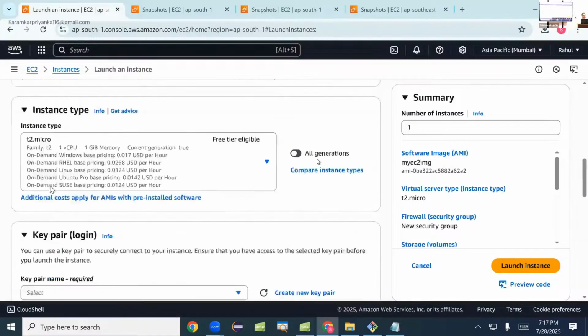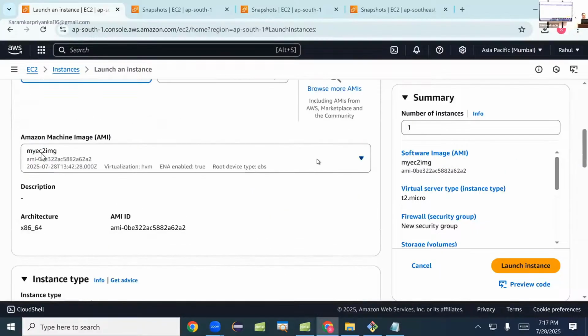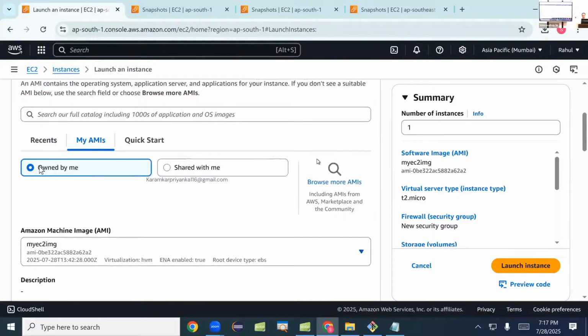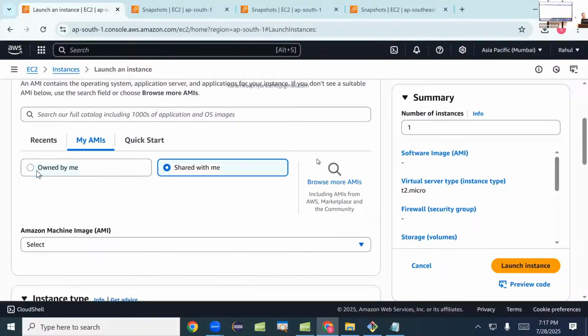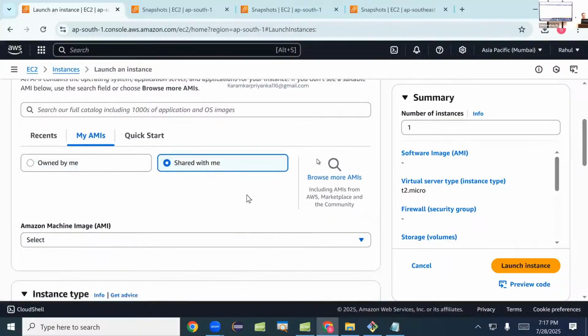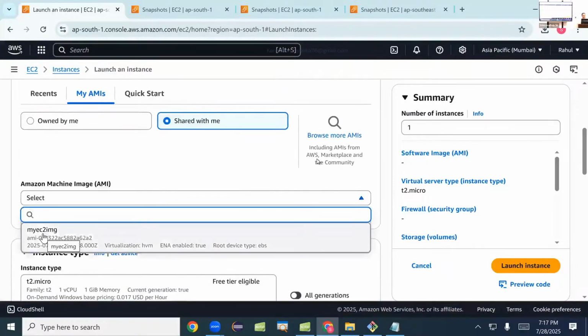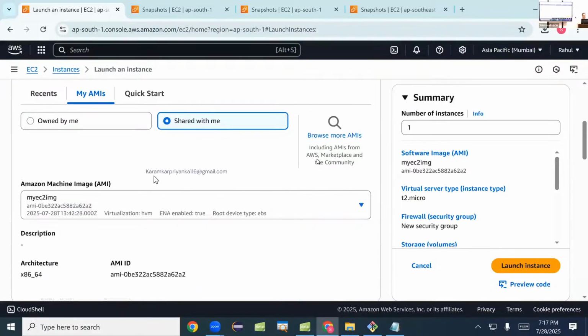We got our own AMI, right? So root device type is EBS. Owned by me or shared with me, right? If you go with owned by me,